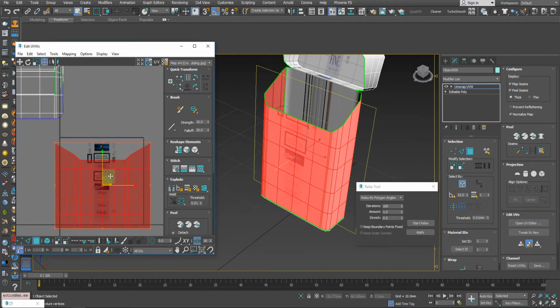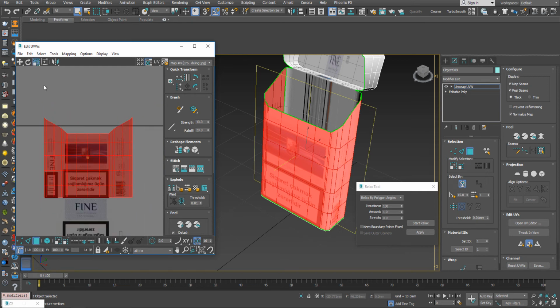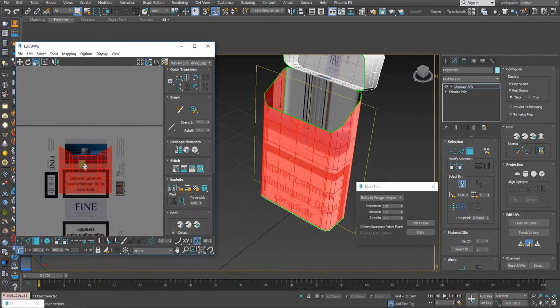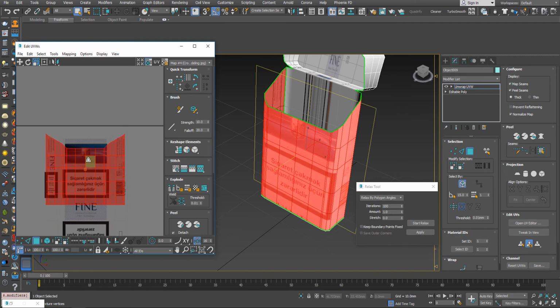And now I'm taking my polygons and scaling them down. After relaxing, you never scale it like this, because you destroy the right proportion. And if you did anything here, you can press relax again to make it correct. Okay, and now I know that this was the center part and this was the right side, and this part needs to go here. So I put it in the center, press scale like this,